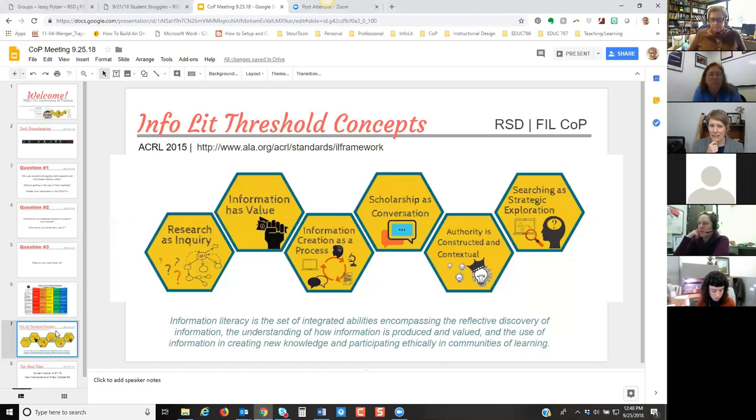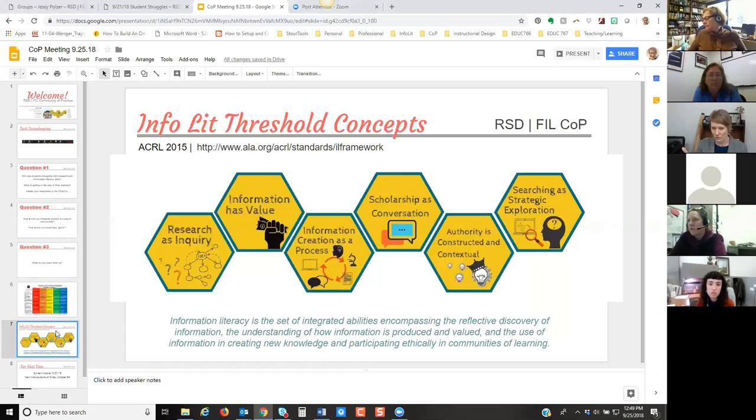But if you look at the information included under each of these thresholds, they list dispositions. So they fully honor that the affective domain is important, and sometimes it's the only thing that gets in the way. They will outline not just outcomes or objectives where students are able to perform and do something if they've crossed the threshold, but also dispositional things to look for, things that you could build in, not so much direct assessments, but at least some observational assessments or self-reflective assessments that would point to them having crossed that threshold.